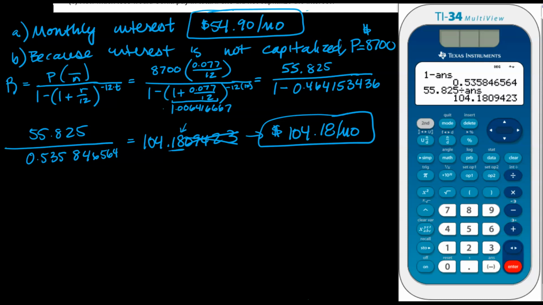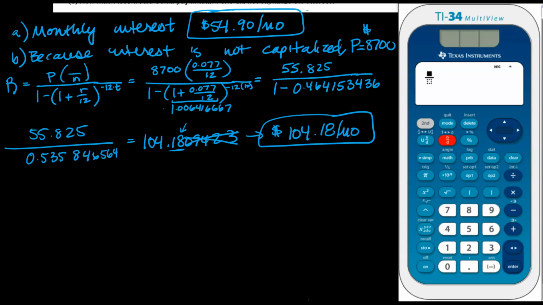Her monthly payment over 10 years is lower than what it would have been had she not paid interest while she was in school. So it might seem like it's not a good deal to be paying while you're in school, but the nice thing is then the monthly payment after graduation is lower. And so, you know, it's offset there. So let me show you real quick how you could do that with one function basically in the